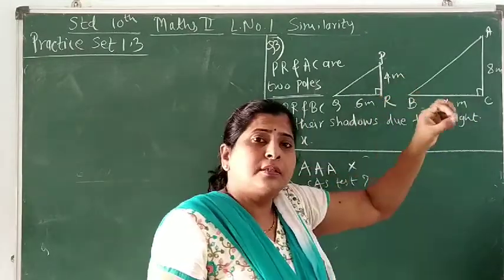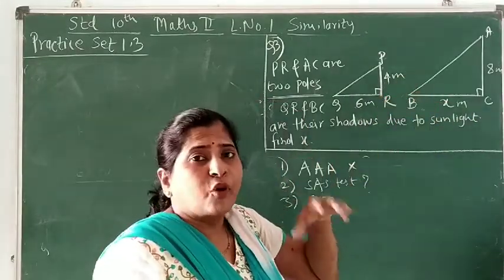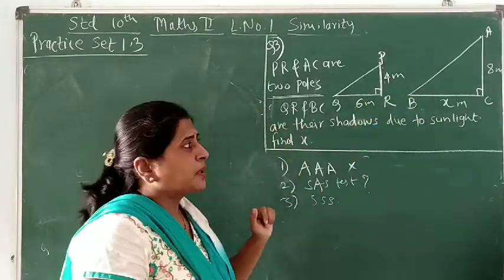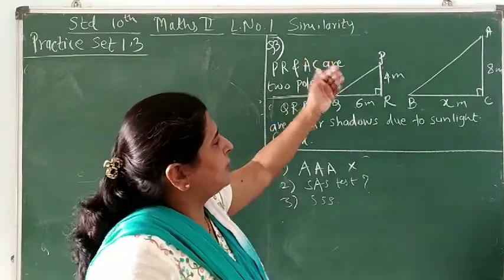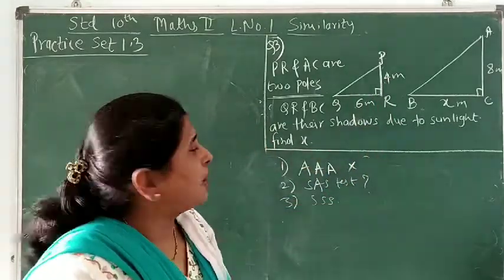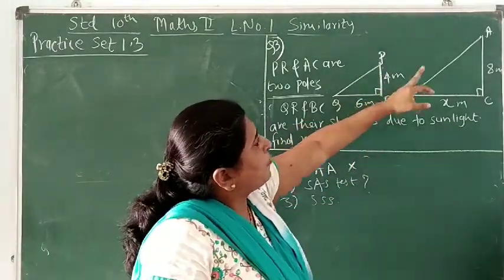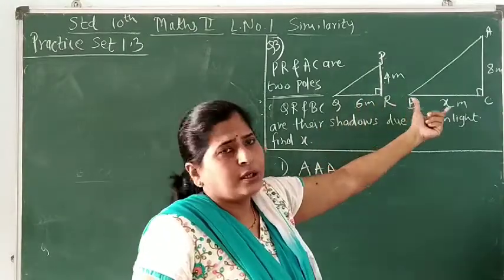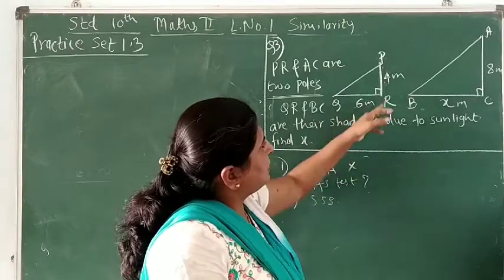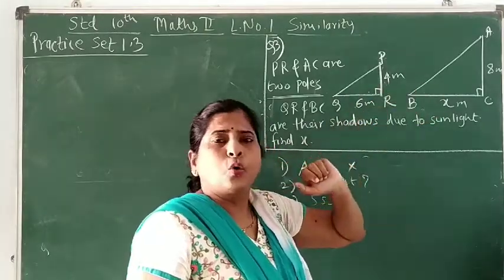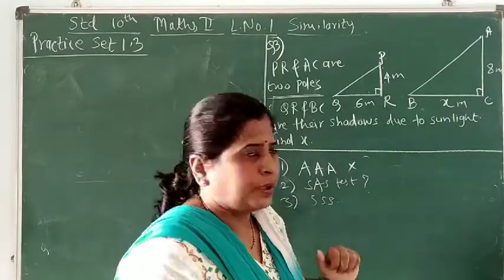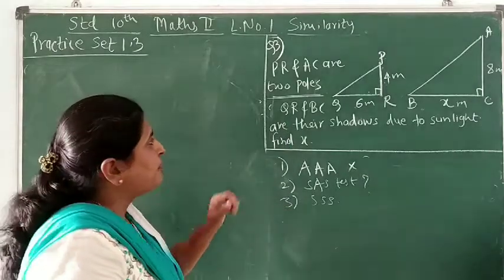So we have to state this, and from this we can say that when the two sides are in proportion, these two triangles are similar. Or we can say, just when these two sides are in proportion, directly without going for the similarity of triangles, that PR upon AC should be equal to QR upon BC. Directly, or you can say by the SAS test, two sides are in proportion and the included angle is congruent. You can hope that these two triangles are similar, and then you can use that property of proportional sides. Okay. So how can we write?